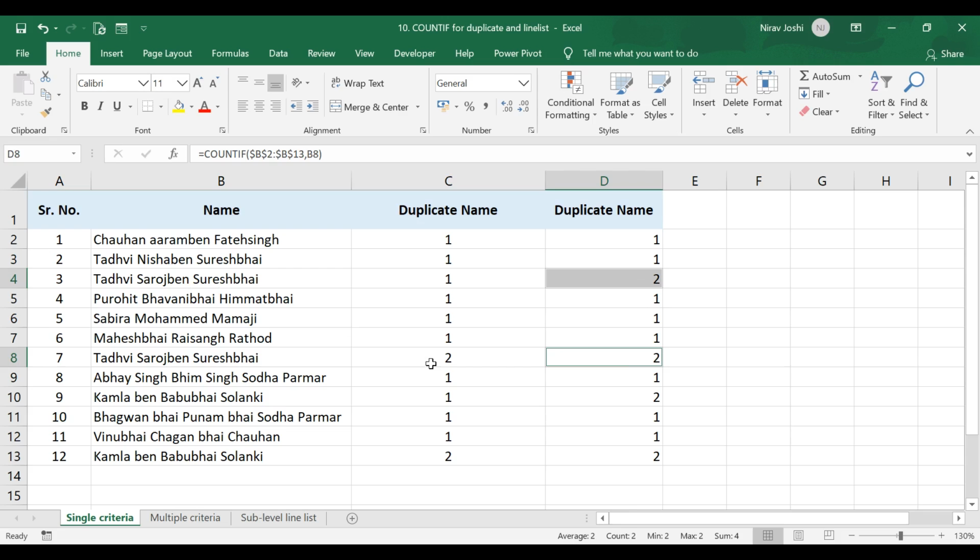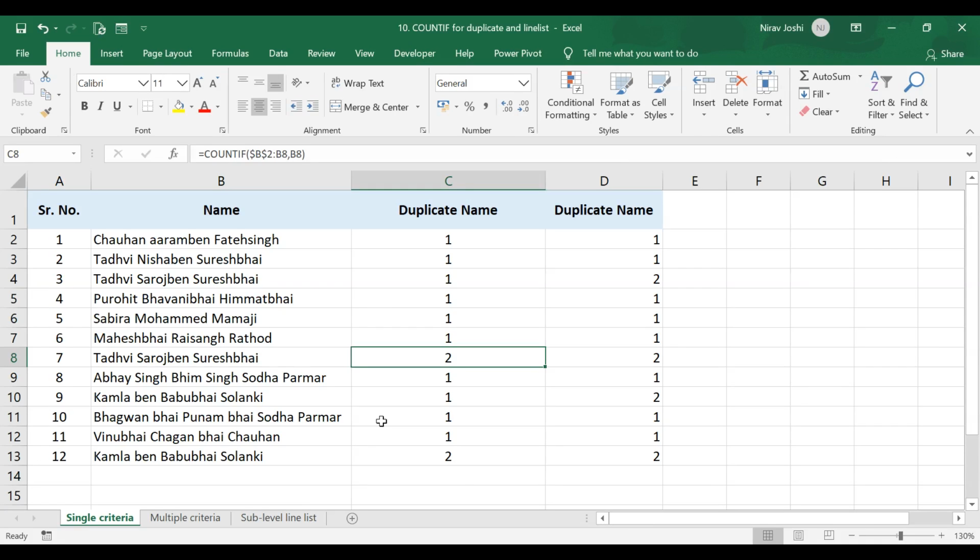The difference between this one and this one is that here it will directly show the duplicated one in the below range, so it will show only the newer value as a duplicate, whereas in this formula it will show both values as duplicates. So you need to identify which one you want to remove and which one you want to keep. That is the difference between both these formulas, and utilization might differ as per your requirement.